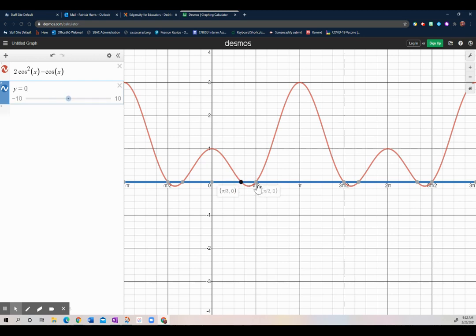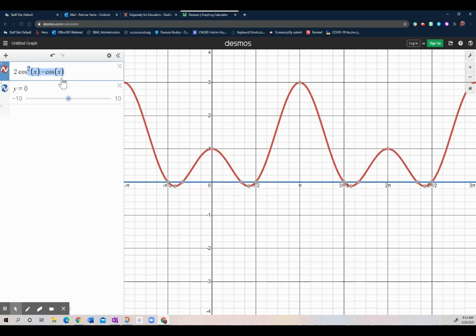Pi over 3, pi over 2, 3 pi over 2, 5 pi over 3. And that's it. Make sure you get them all. All right, but that's how you would type that in. Okay, so you just point where does it intersect, and it kind of tells you the answer, which is really nice. Okay, so the next one,